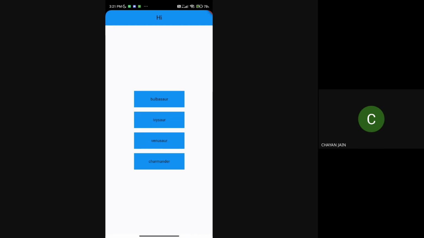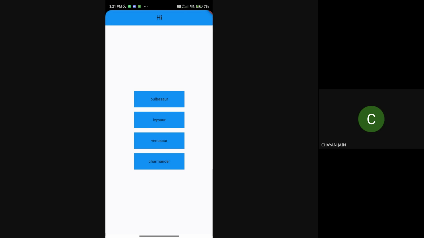Okay, this Navigator is a class built into Flutter, which has a push function that takes in context, and we are pushing a new screen on it. Screens in mobile phones work like a stack. You keep pushing one screen on top of another, and then you can pop the topmost screen to go back to the previous screen. So I'll push the Pokemon details